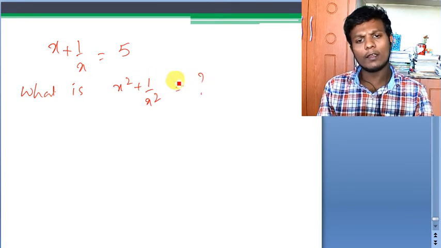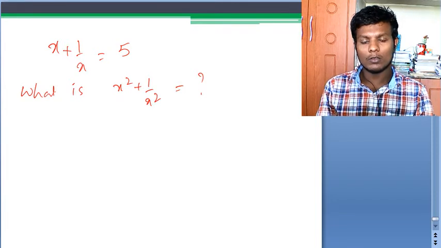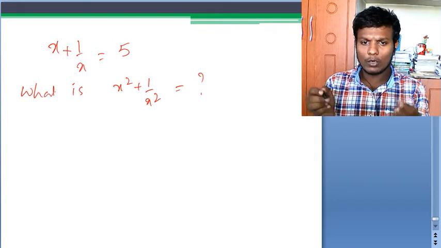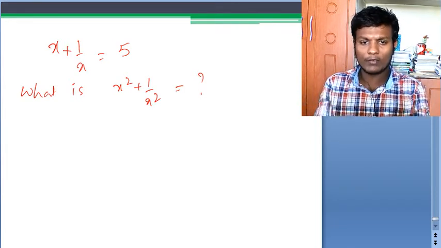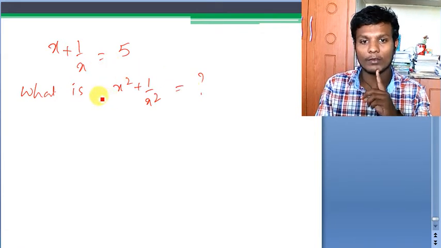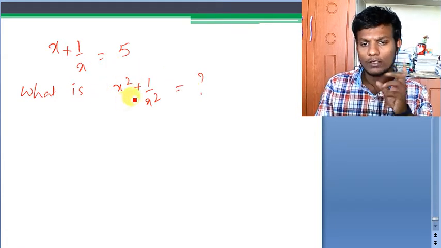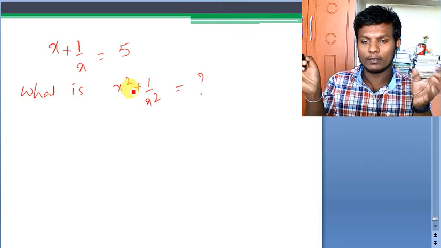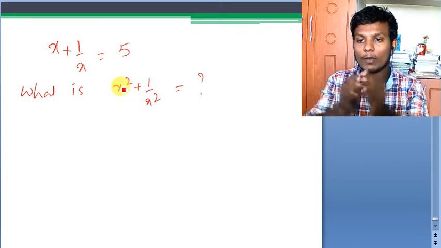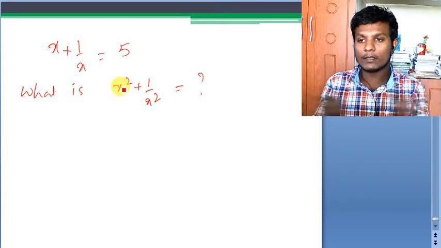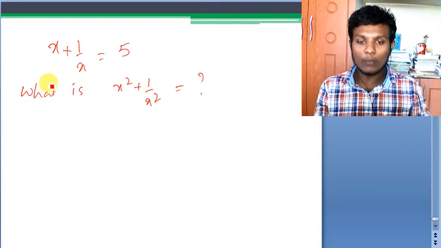So is it that what we have discussed? There is some sort of relation between whatever is given to you and what has been asked here. How will you get squares here? If I square both sides, so when you have an equality sign, if you perform any operation on both sides, the value won't change. So for that matter, what will happen in this case?